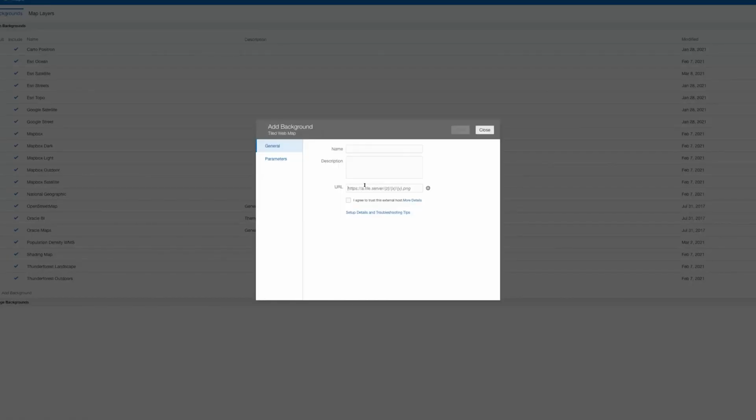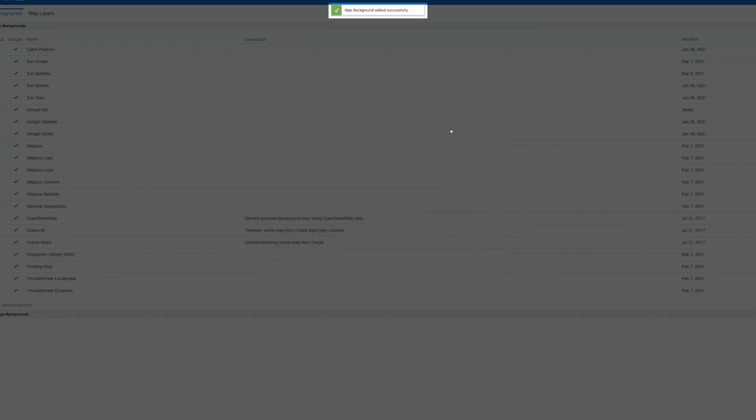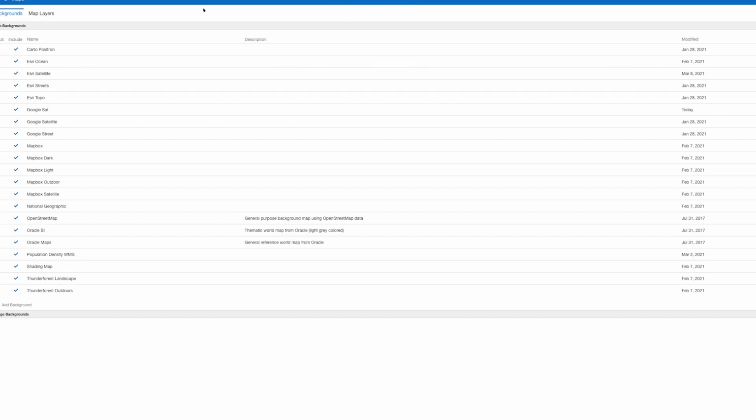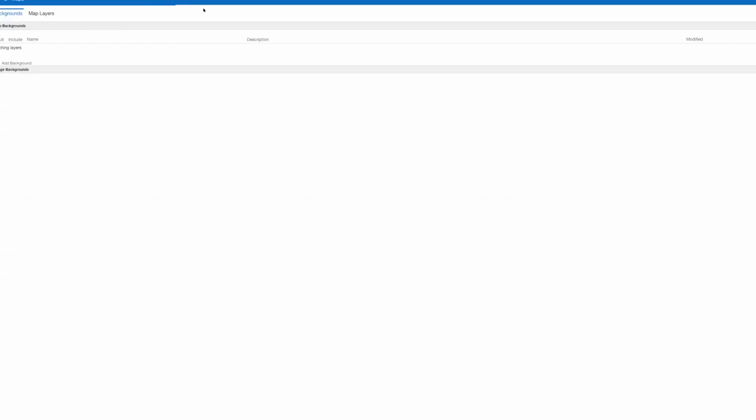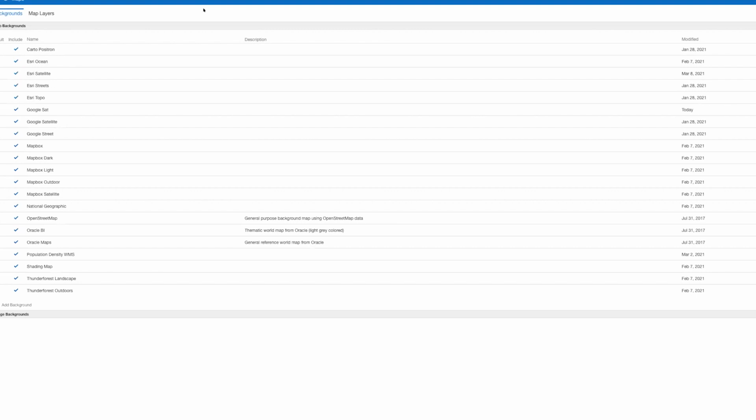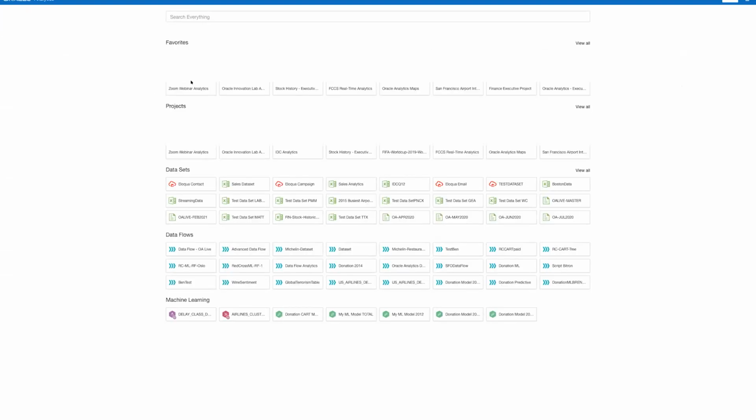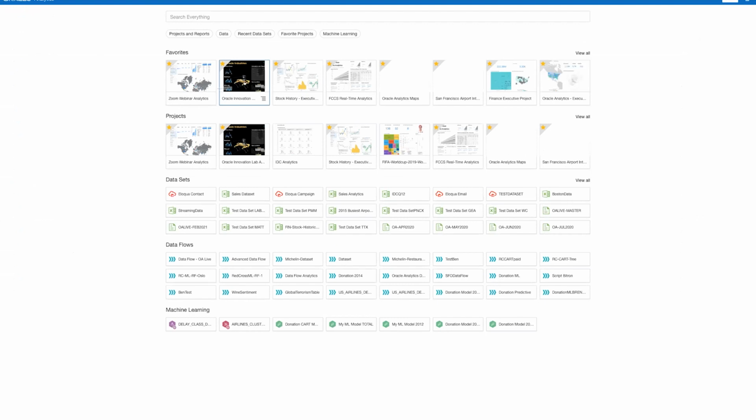And in tile web map, you can basically put the Google URL for Google satellite view here. And I will put, for example, Google Sat. I can click on I agree, it's a trusted URL. I will just refresh this specific view for you. And now I will just go back to the same dashboard with a Spot from Boston Dynamics robot and Faro scanner.